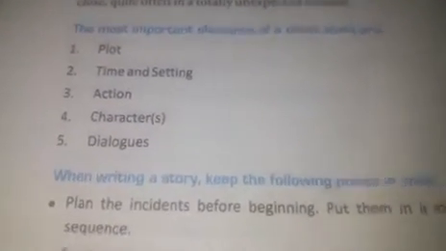Then we have the action. Action is the incidents, the actions which are taking place for that incident to happen. The verbs. And then, of course, the main characters of the story, the actors of the story. And then the dialogues. The dialogues are the parts spoken by the characters that make the story interesting. So if we work on all these five elements and take care of them, then we can create a nice, interesting and engrossing story.